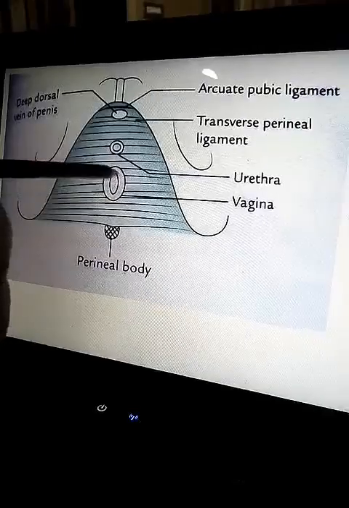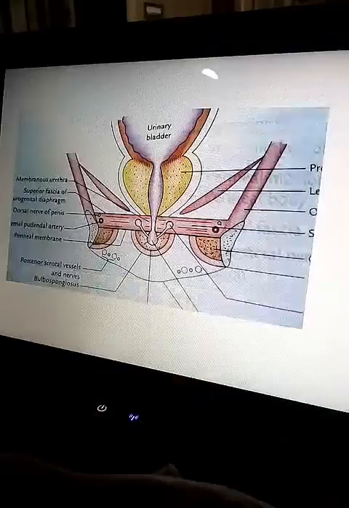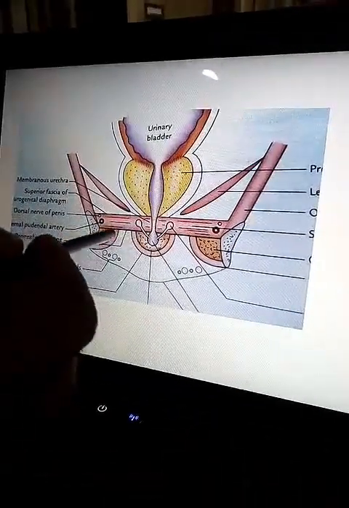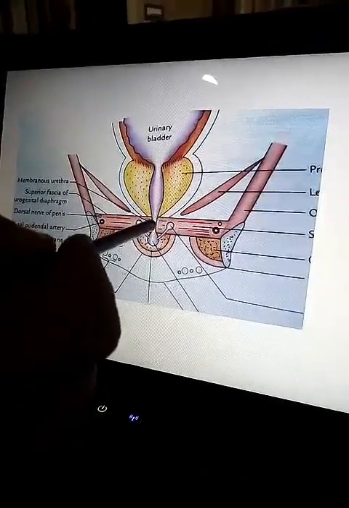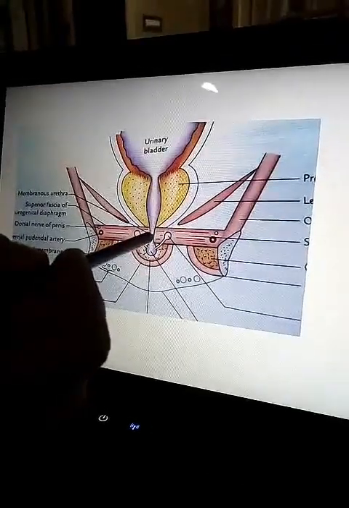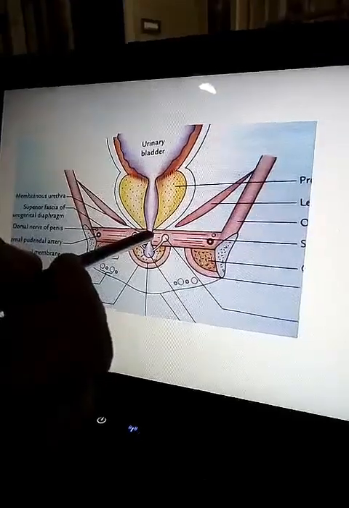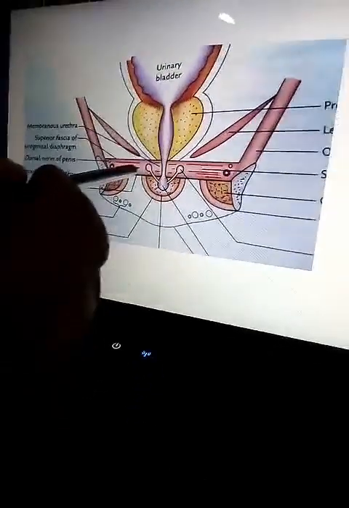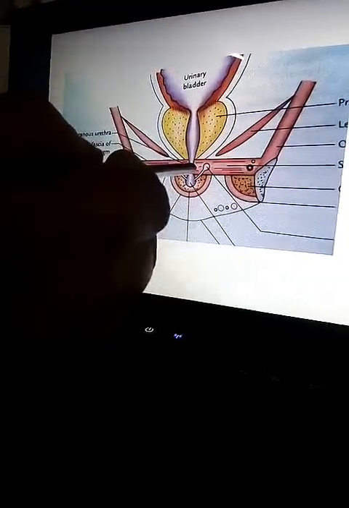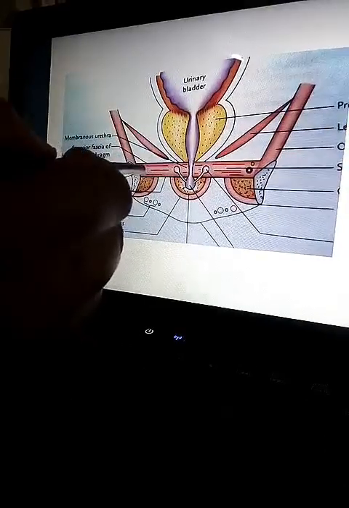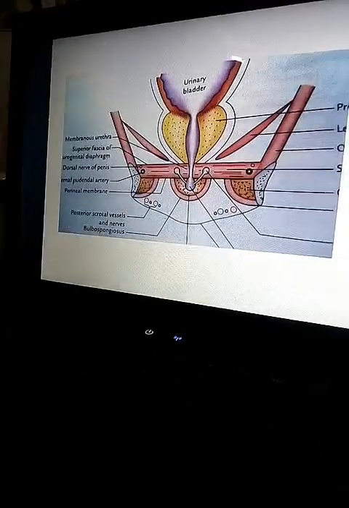Now, above the perineal membrane, the urethra is surrounded by, this is the green colored perineal membrane. Above this perineal membrane, the urethra, as you see, this is the membranous urethra. This is surrounded by a voluntary sphincter urethral muscle that is known as the external urethral sphincter. In females, the external urethral sphincter is also pierced by the vagina. The deeper aspect of this external sphincter is also called the deep perineal pouch.